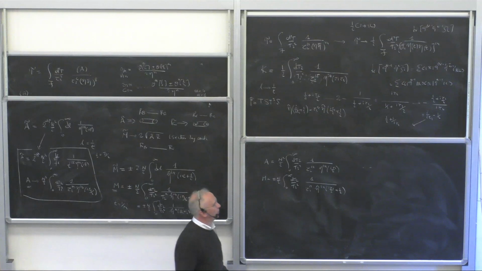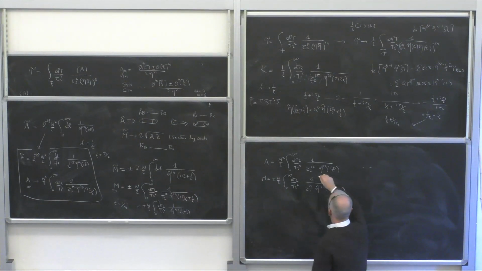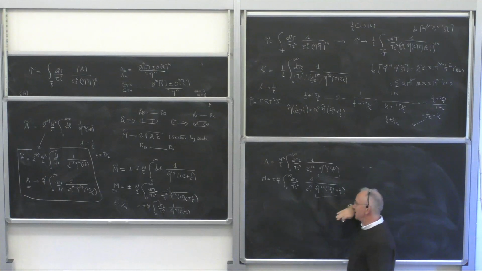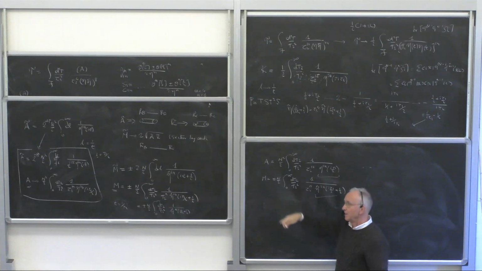So let's look at the low-lying states. So all I need to do is compare the contribution of this guy and this guy. The rest is a common part of the measure, but I have to take into account the factors in front, which are multiplicities of states. Okay? So the annulus gives you n squared over 2,